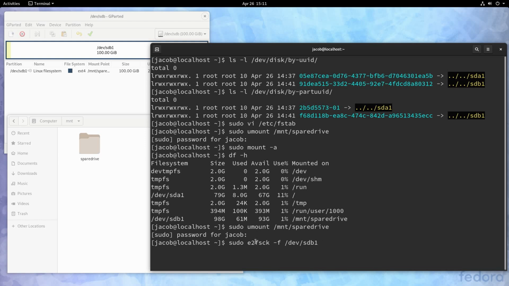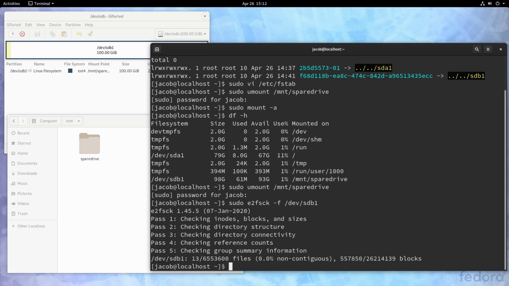Now, checking a file system is not a destructive action in itself, but when it comes to some of the things we're doing later, I'm going to keep using /dev/sdb1 because that's easier to type. But remember, because these UUIDs are linking to sdb1, the current name of that partition, you could specify here /dev/disk/by-partuuid and then the PARTUUID. This command does the exact same thing. It is longer, but it does point to the same partition. So when it comes to the more destructive commands later, if you really want to be careful, you can always use your UUIDs for these commands as well. So I'll just write sdb1, and we'll go ahead and force that file system check.